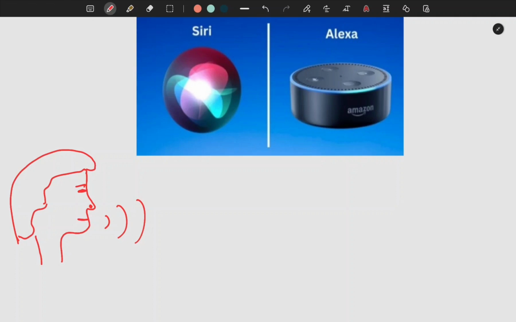So the way they work is like this. First you talk, you give a command in an audio version, sound, okay? They receive your command as a sound. So the first task is to convert it to something that a machine can deal with. For this, they use automatic speech recognition, which is voice recognition. The voice recognition engine converts audio into text.